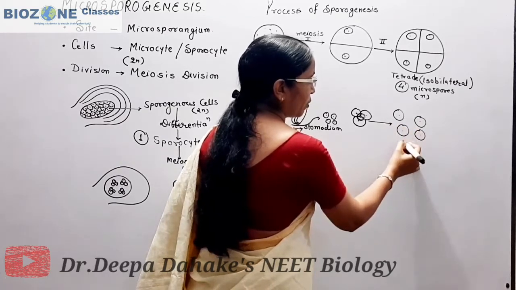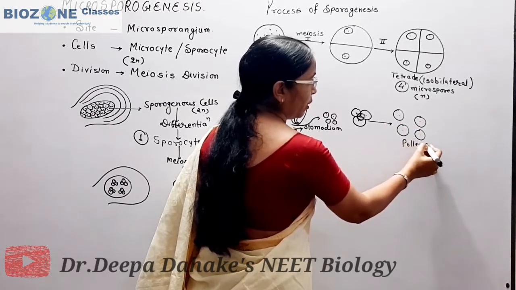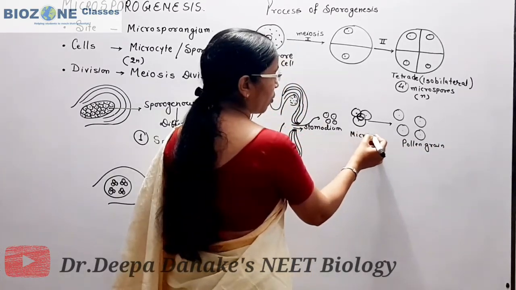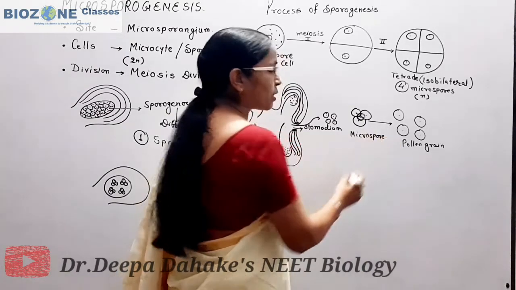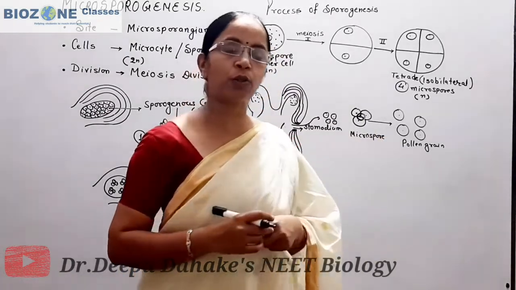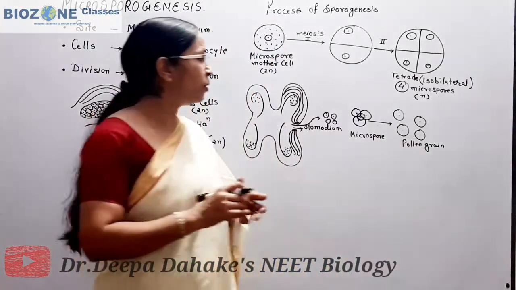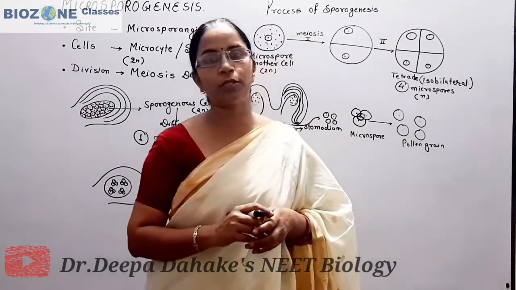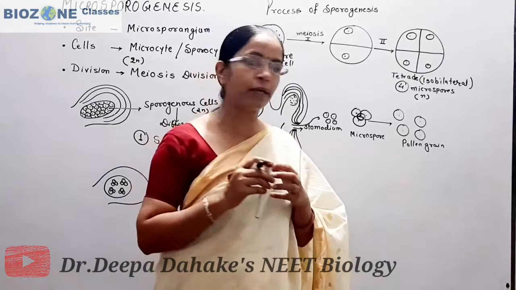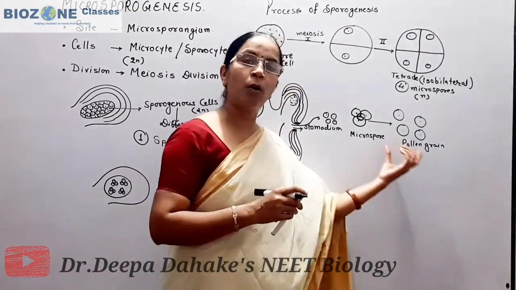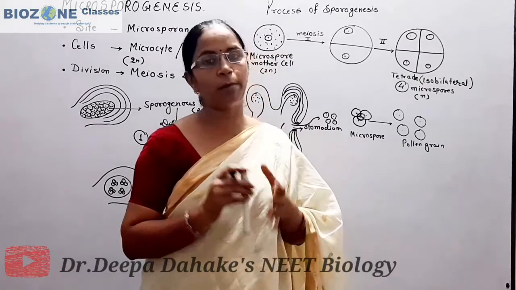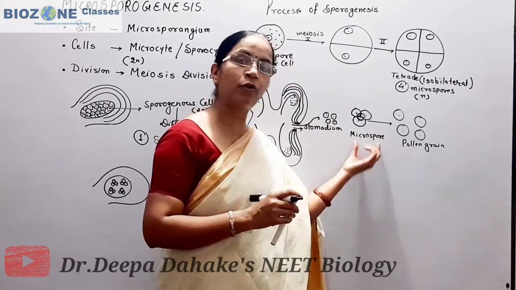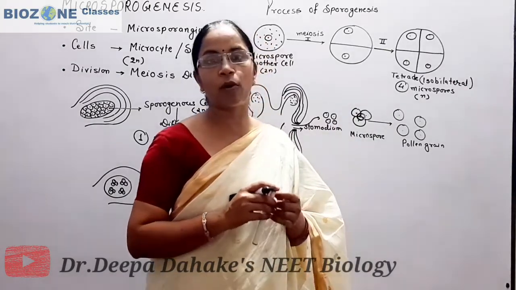The separated microspore is called a pollen grain, but when they are present in a group of four, they are called microspores. So this is the only difference between the microspore and the pollen grain. Now when these pollen grains are released, they enter the process of pollination that we will discuss later. But here you simply remember the difference between the microspore and pollen grain. So a tetrad of spores, or when they are present in a group inside the sporangium, are called microspores.